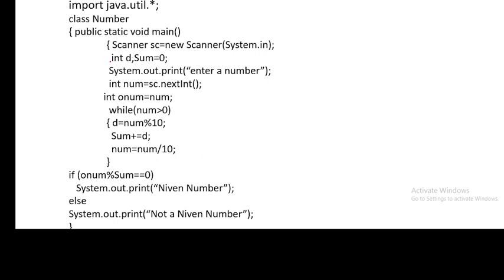Nevan number, the number divisible by the sum of the digits. So now you know how to get the sum of the digits. See, the same logic we have applied over here. Digit, number percent 10, sum plus equal to D. So by this loop we will get the sum of the digits. Lastly, you have to check whether when you divide this original number by sum and you get remainder as 0, it means that the number is divisible by its sum of the digits. If this criterion matches, then we can say that the number is a Niven number.